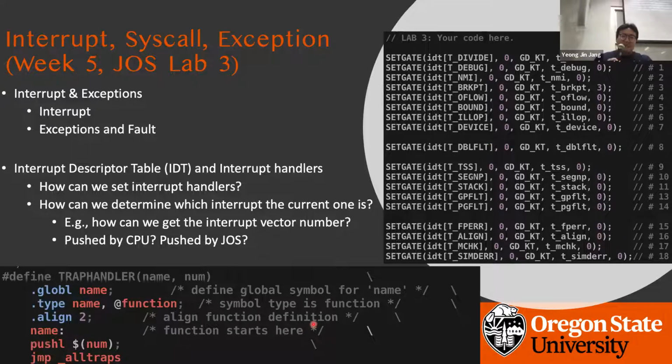And then I have one question for you. In writing this kind of trap handler and interrupt descriptor table, have you felt that it is designed in a weird way, because there could be a better way to put the interrupt descriptor table, right? In implementing this kind of trap handler, we intentionally put the push 0 if there's no error code, and then we need to create a function per each interrupt or something like that. So the reason is, when the hardware was designed, they had a little bit of a purpose to use that,